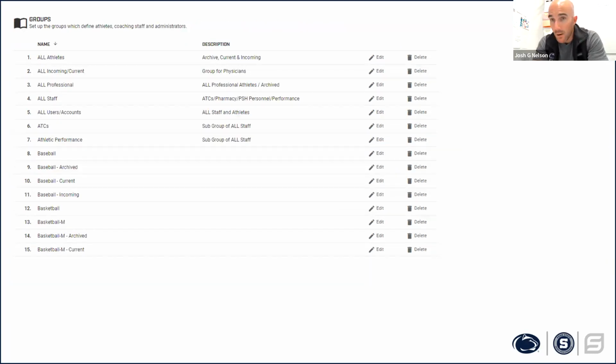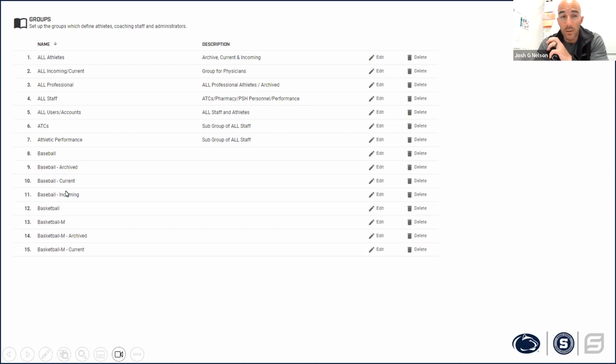Groups. We already mentioned how our sports are our categories in groups. This is just going to show us how we have our groups set up. We have organizational level groups like athletic training. We have sport groups like baseball, archived, current, and incoming. Another point I should bring up too is there is a group called baseball or basketball, and then we have subgroups which are archived, current, and incoming.